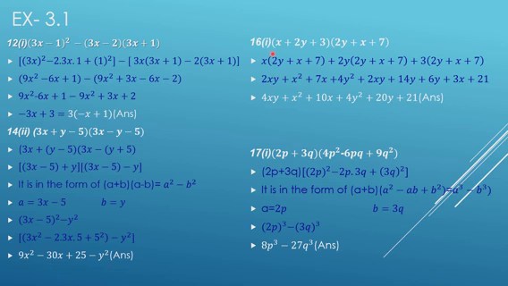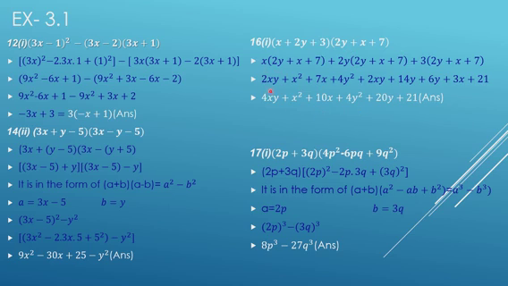So in the third sum, if you see, in the previous sum we had negative signs, so you could actually group the numbers in the form of (a plus b), (a minus b). But in the third sum, all the numbers are positive, so obviously we cannot group it in this form. So when you do not understand which formula to use in a particular sum, you must multiply each term of the first expression with the second expression. So we'll be multiplying x with (2y plus x plus 7), then plus 2y with again this entire expression, and plus 3 again with the entire expression. When you multiply, whatever answer you get will be your answer.